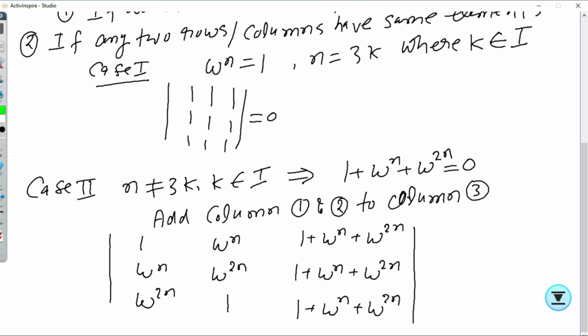The use of the above property will make every element of the third column 0, as a result of which the value of the determinant will again be 0.